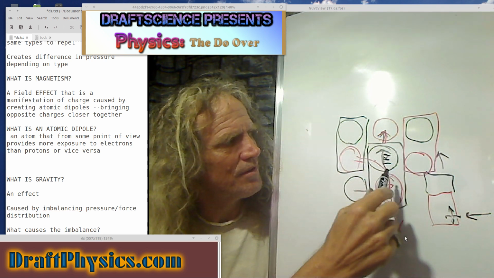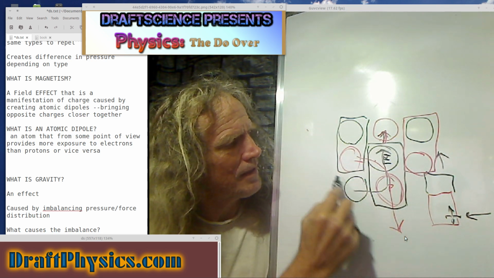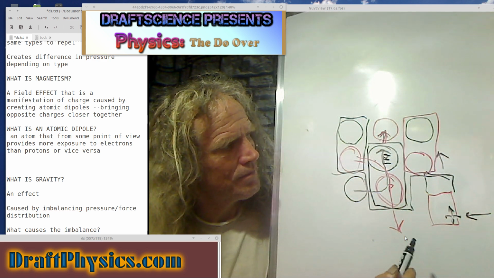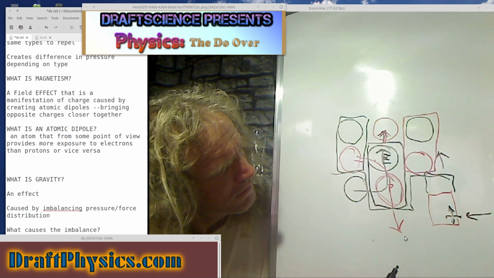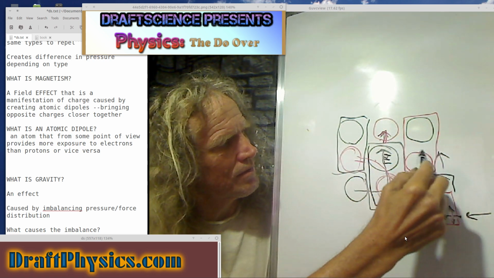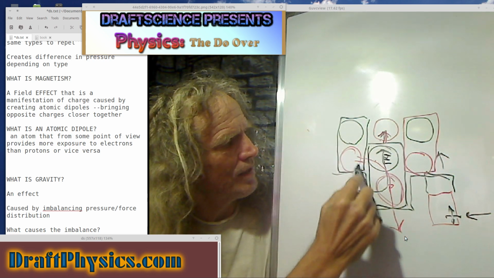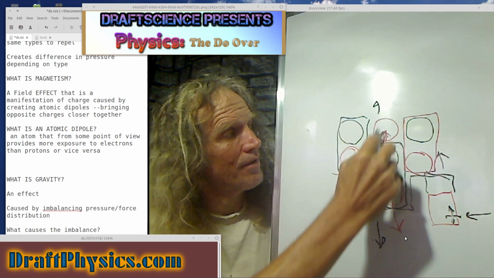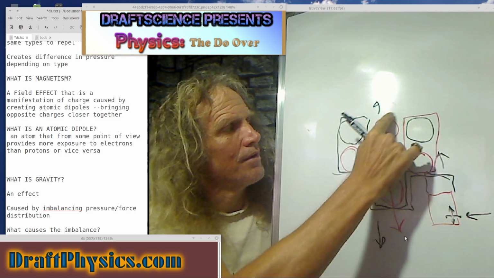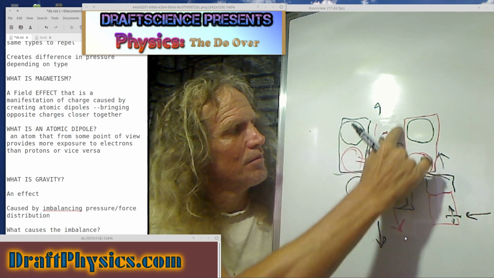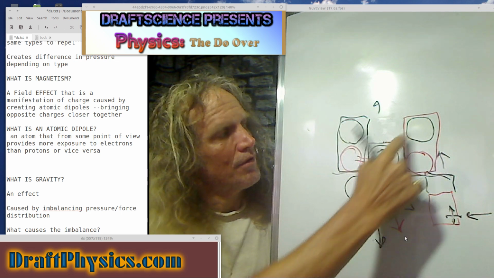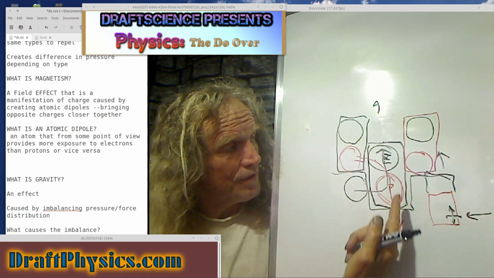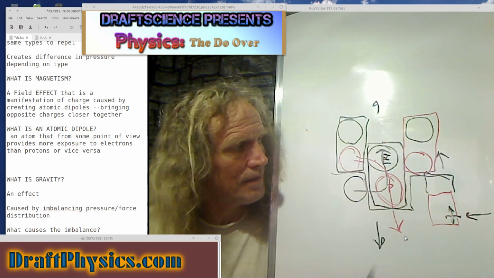So it's just important to understand that. When you break a magnet, it breaks on this line. The line ends up being, yes, this is all red, you can see. So it breaks on this line, then this would be the red side, and this would be the black side. And this one would break on the opposite line, which would break all black. You can see this one would break off, and everything would look black when you look down at it, and everything would look red when you look up at this end. And that's the formation of a magnet.